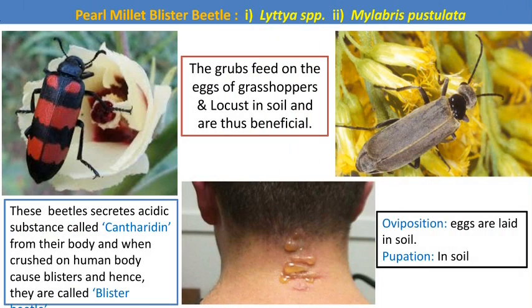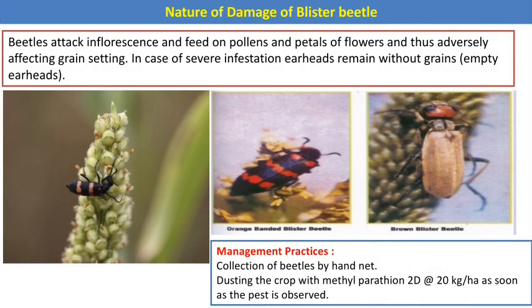an acidic substance which is produced when the beetle is crushed on human skin; they produce cantharidin, causing a blister on the skin, hence known as a blister beetle. Oviposition and pupation take place in the soil. The adult is the only damaging stage, feeding on the flower parts or inflorescence and causing partial sterility in the plant, and the earheads do not form, or if they form they become empty. For the management of the blister beetle, we can collect the beetles by hand nets,